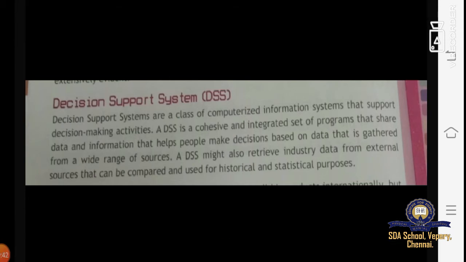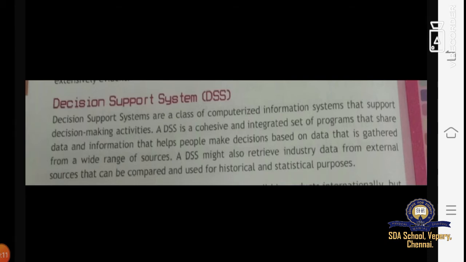Decision Support Systems are a class of computerized information systems that support decision making activities. A DSS is a cohesive and integrated set of programs that share data and information that helps people make decisions based on data that is gathered from a wide range of sources.